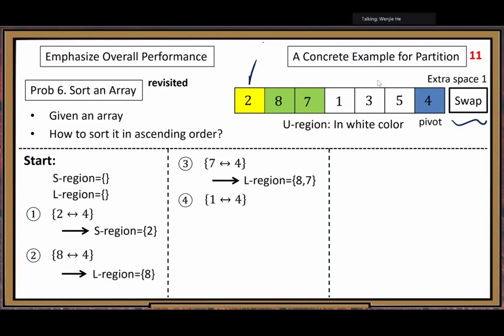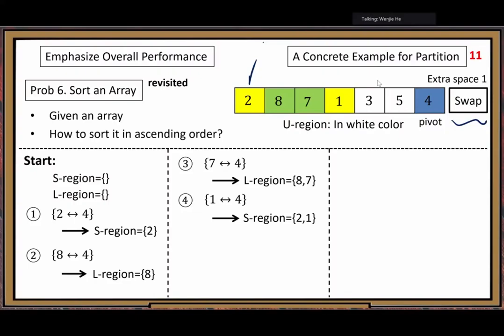Comparison number 4, 1 is less than the pivot, so we should color it in yellow, but this time you can see the two yellow elements are separated by the green region. That's not good, because we want to put all the elements in the same category in consecutive locations, not separate locations.